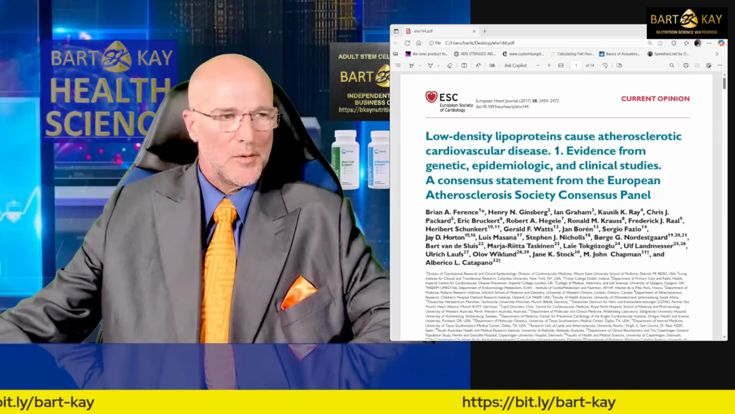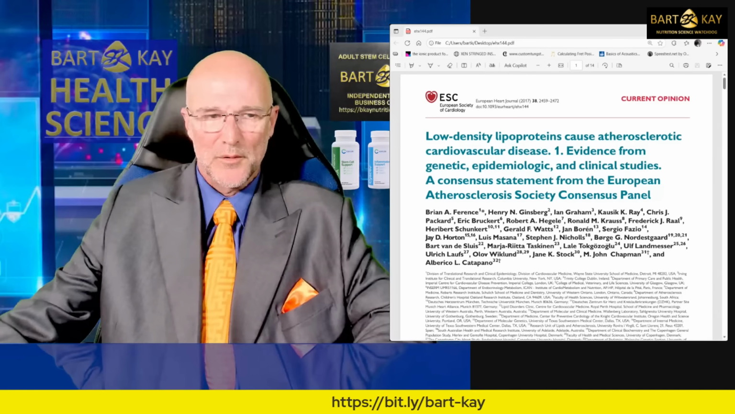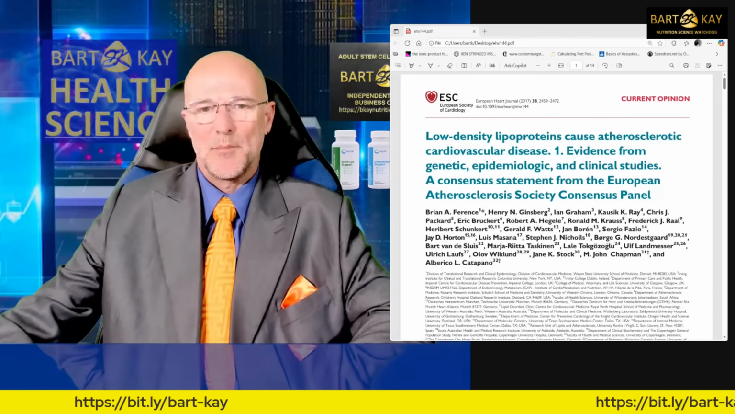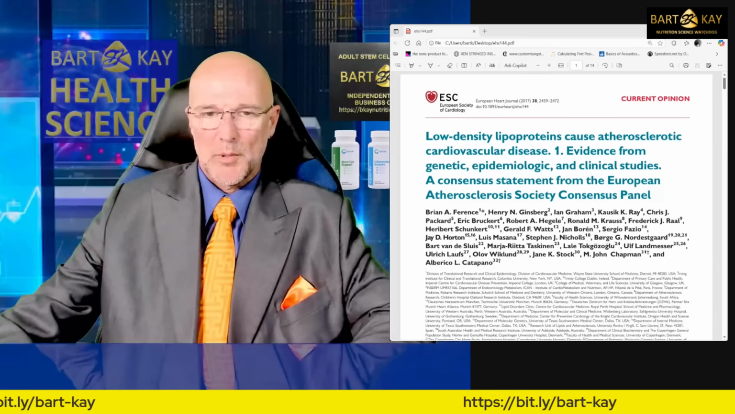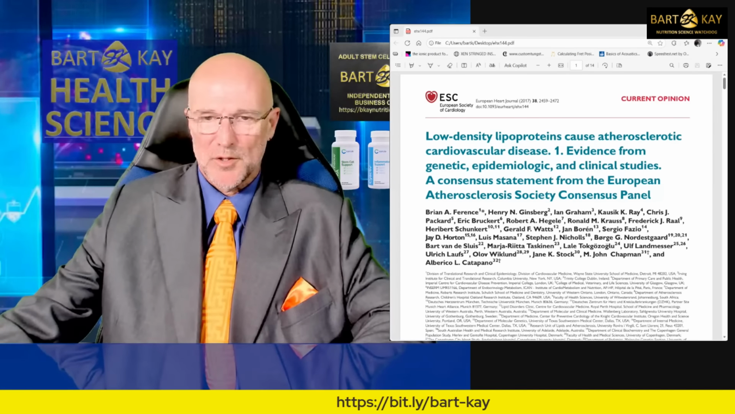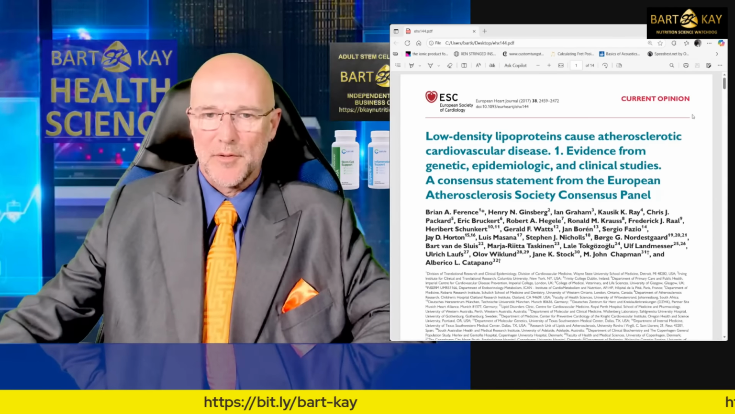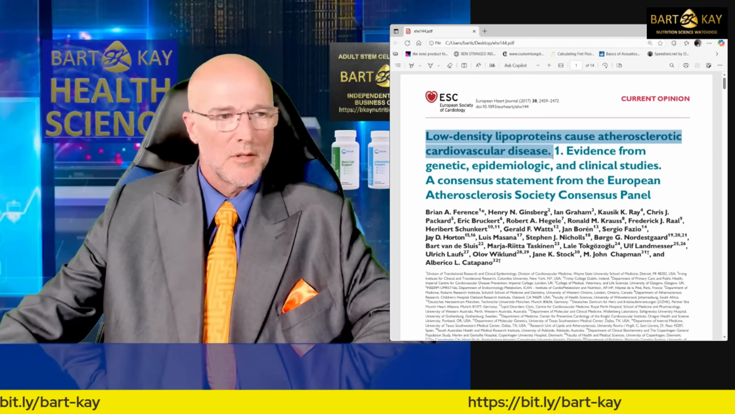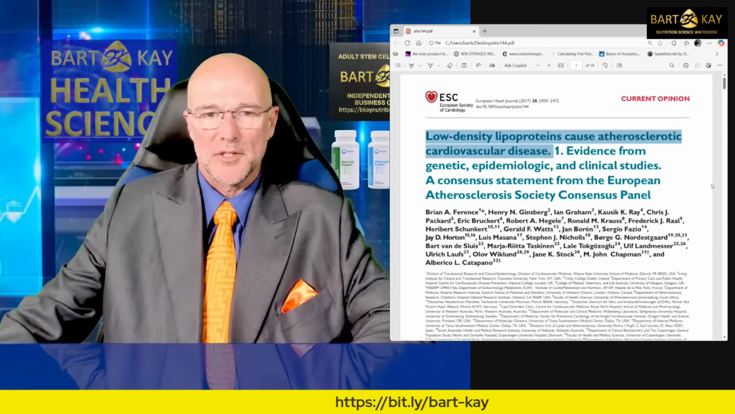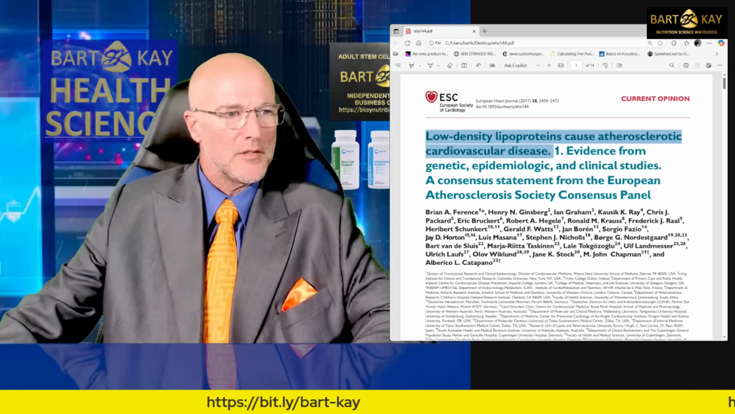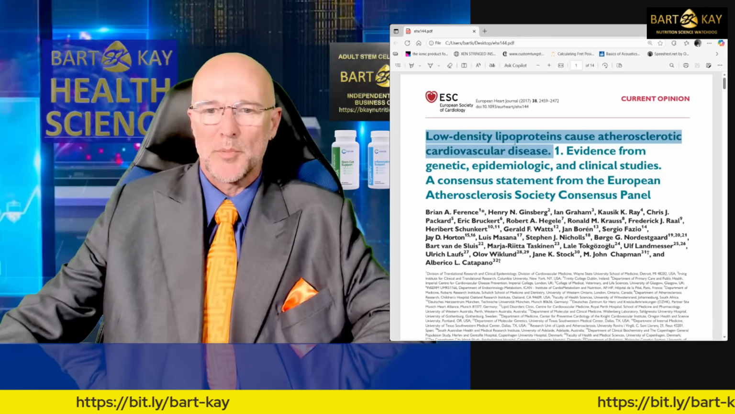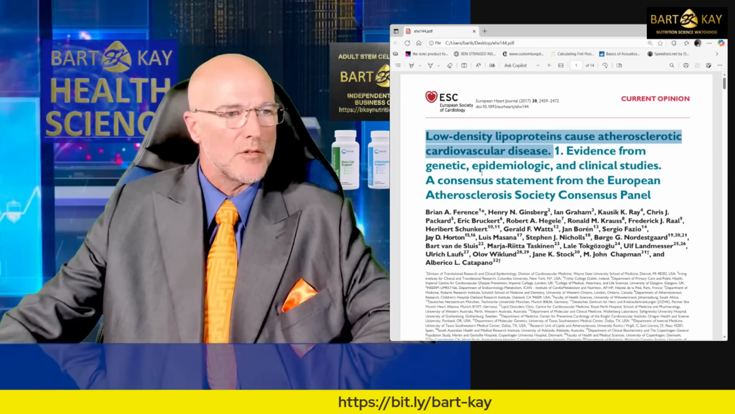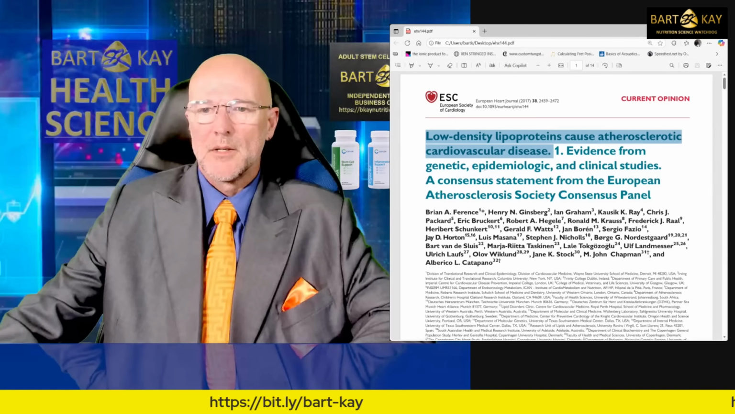In no particular order, here are the thoughts on this paper, just off the top of my head, shall we say. Number one, when someone splashes this paper up on the screen and says, look, here is absolute proof that low-density lipoproteins cause atherosclerotic cardiovascular disease. It says that right in the title. Low-density lipoproteins cause atherosclerotic cardiovascular disease, it says. Okay, so number one,